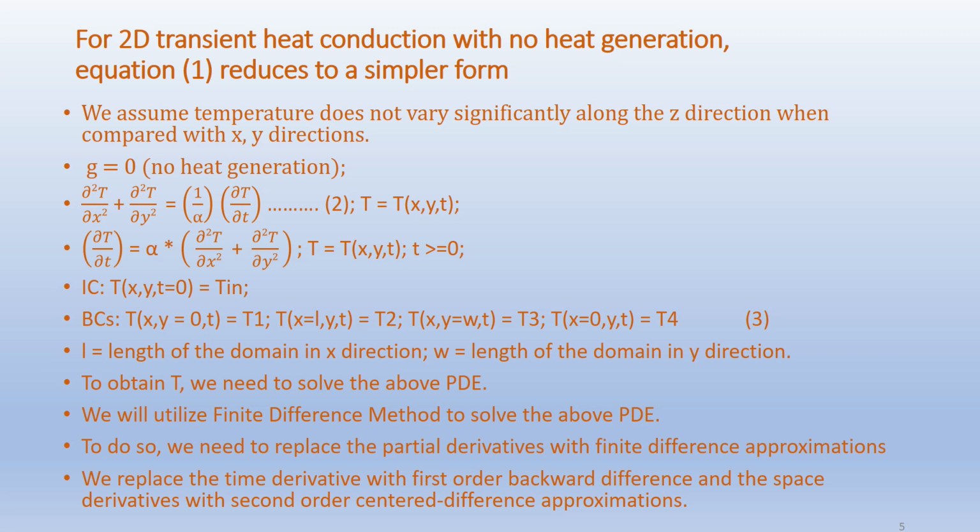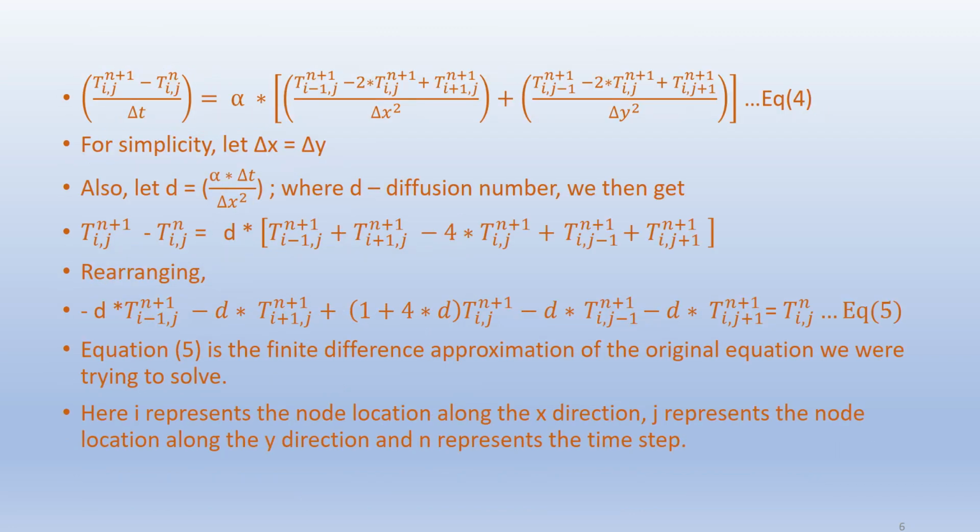We will utilize the finite difference method to solve the above PDE. To do so, we need to replace the partial derivatives with finite difference approximations. We will replace the time derivative with a first order backward difference and the space derivatives with second order centered difference approximations. Accordingly, we get